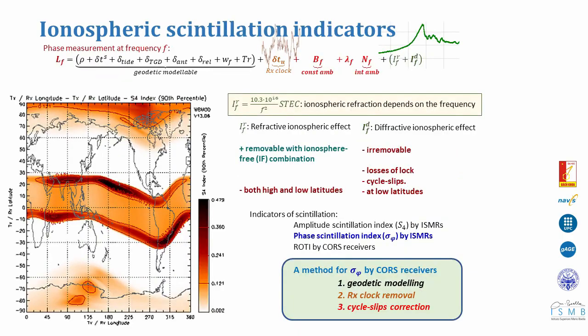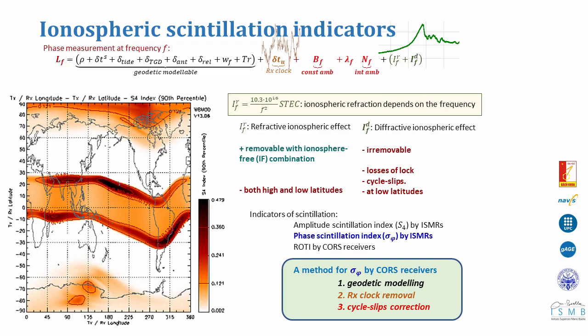A carrier phase measurement is a sum of the true distance from a satellite to the receiver plus some errors. Some of the errors can be modeled, such as satellite orbit and clock, the solid tide, the total group delay, the antenna effect, the wind-up effect, and the tropospheric delay. They can be corrected at high accuracy. The unknown errors are the receiver clock bias, the integer number of carrier cycles, and the ionospheric effects, refraction and